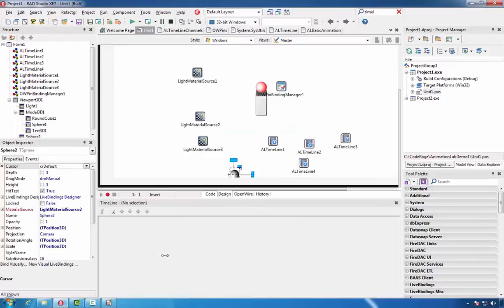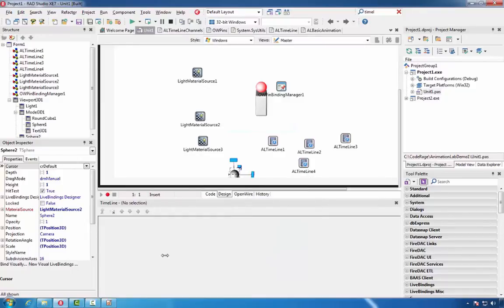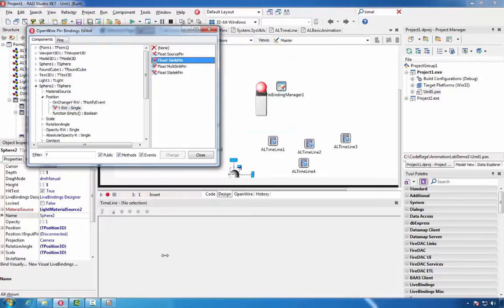We'll select the sphere and we'll add 2 visual live bindings for it. One for its Y position, and one for its on-click event.